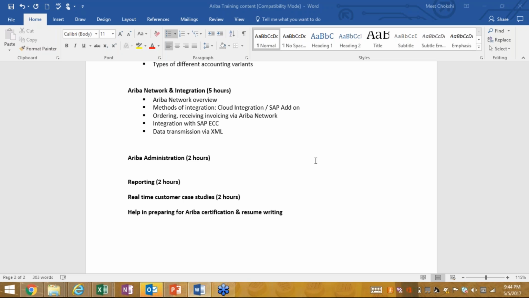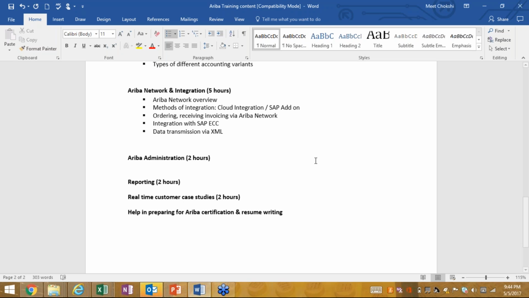So in our sessions, we will cover cloud integration. There are various methods of integration. We can do cloud integration, we can do SAP add-on, and then we can use ITK, which is not preferable right now. We can see what functionalities are offered as of now. We can have subcontracting PO, we can have consignment PO, now we can have material line item integration. Services is not yet in scope, right? Service integration is not yet supported. That will come by the end of this year.